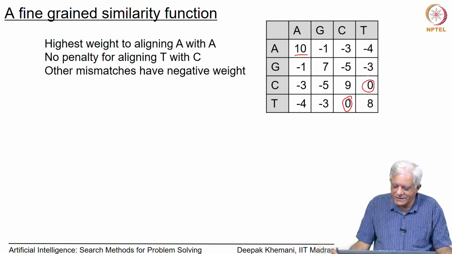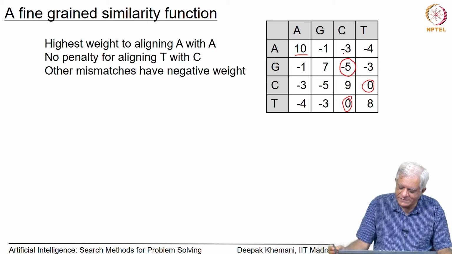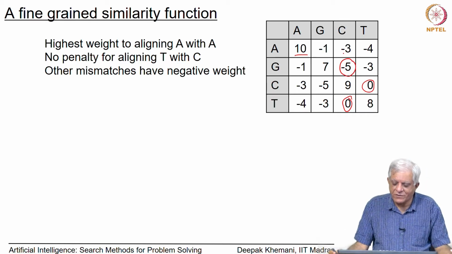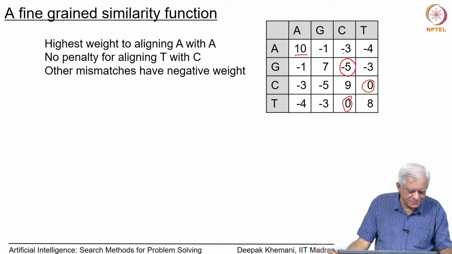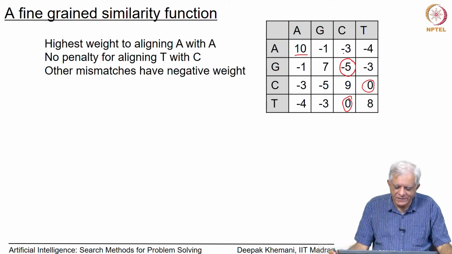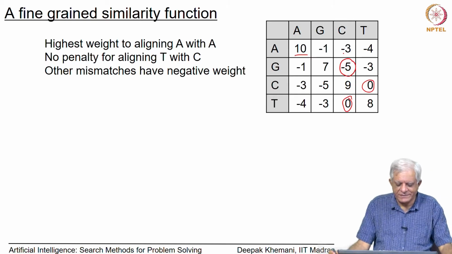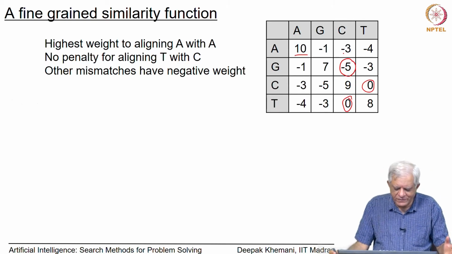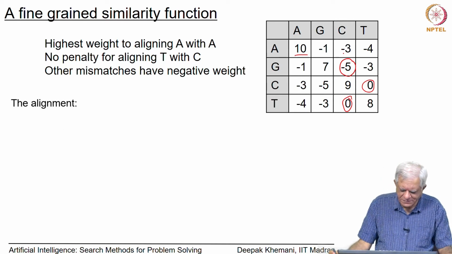For the case of T and C, the cost we have said is minimal, or the penalty is minimal, but as you can see for the other misalignment. So, for example, if you align C with G, then you give a negative cost of minus 5 essentially. So, given this kind of complex similarity function, if you take an example like this,